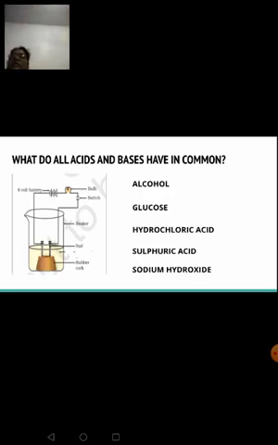You have to take a beaker, you have to take 2 nails, and you have to connect the 2 nails with the help of wires to a 6-volt battery, and then it should be connected to a bulb and a switch. And then you have to take the substances that are listed on the right side one by one in the beaker, and you have to see what happens when the circuit is switched on.